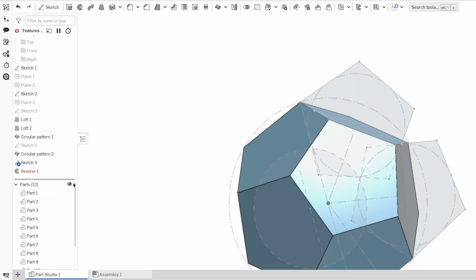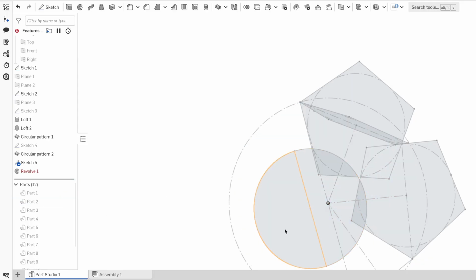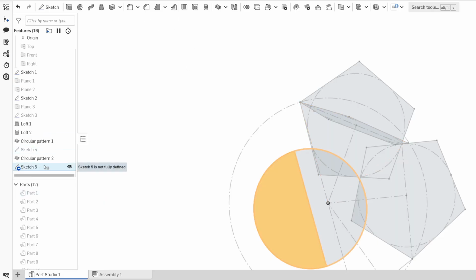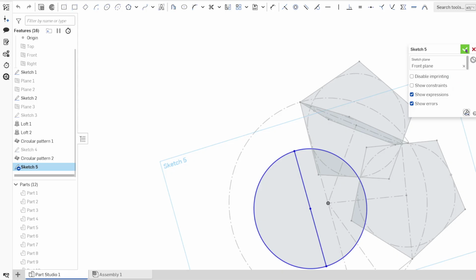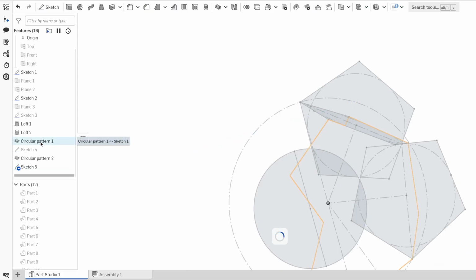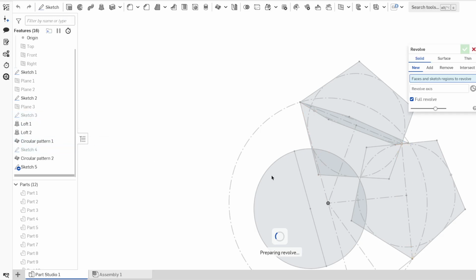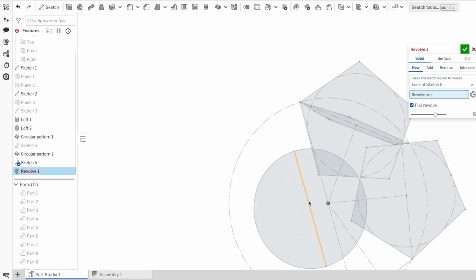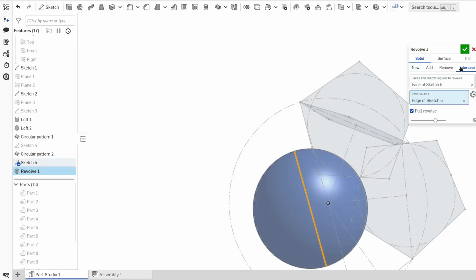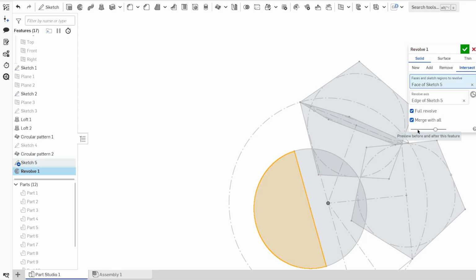Let's just hide these parts for a second. The idea of what I'm doing here is we are trying to do a Boolean operation of this revolve axis, this intersect, merge with all,